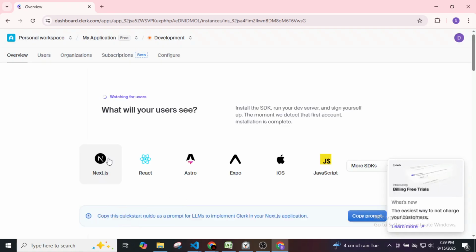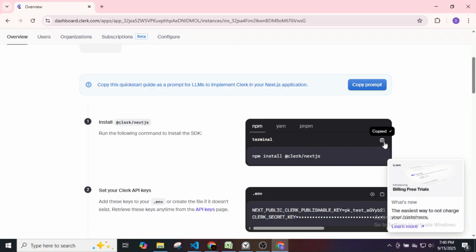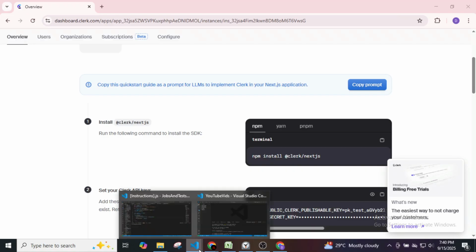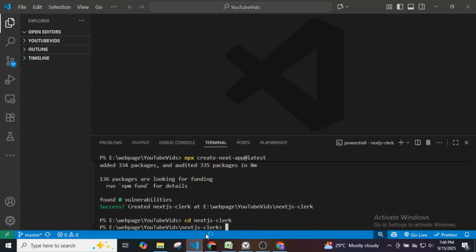After this, Clerk will ask about the application where we will be implementing authentication. Since it is a Next.js application, click here, copy this line to install Clerk in a Next application. Paste the code in a terminal and run it. After the package is installed,